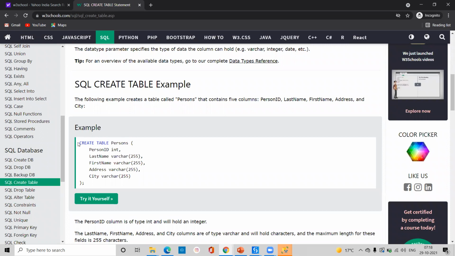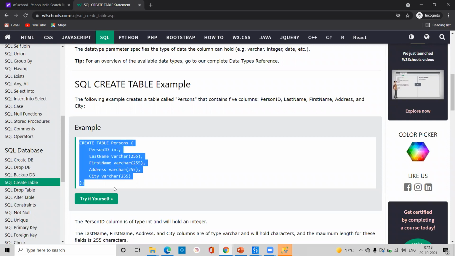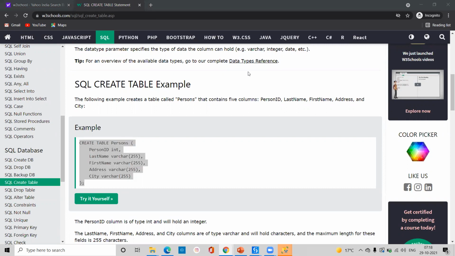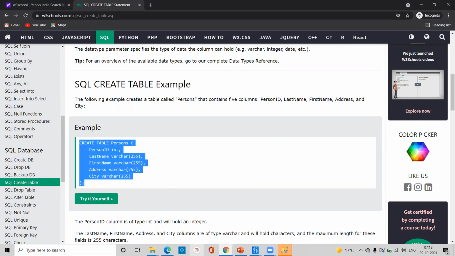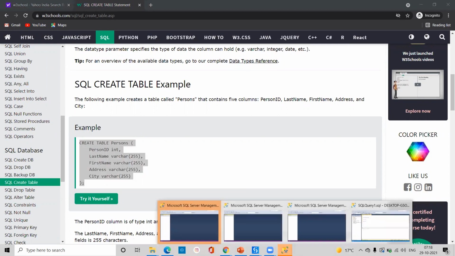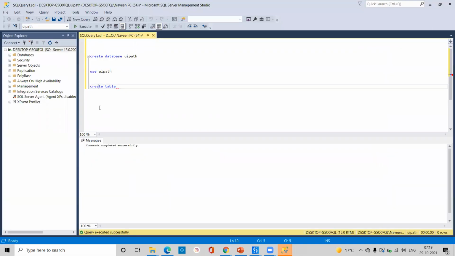So right now I'm taking it directly from here. Copy, go here and paste. Okay, so here we are going to create one table. Here they're giving the columns as PersonID, FirstName, LastName, Address, and City. Okay, so right now I am going to run this program.